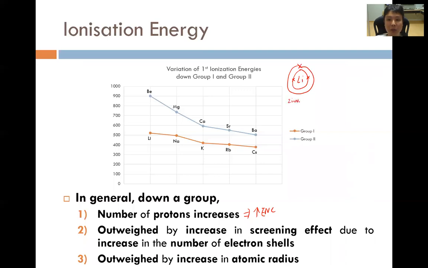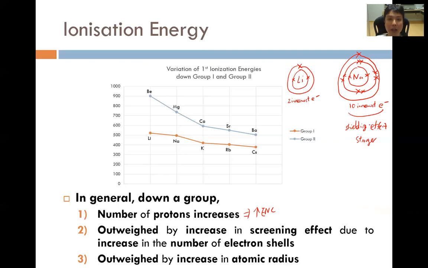So two innermost electrons. As compared to sodium, sodium actually has a total of 8 more electrons that are shielding the valence electrons from the nucleus. This has a total of 10 innermost electrons. So in this case, this shielding effect will be stronger in sodium as compared to lithium. And hence, generally, when you go down a group, the screening effect will increase due to the increase in the number of electron shells,